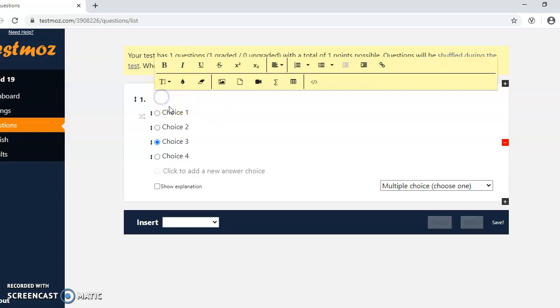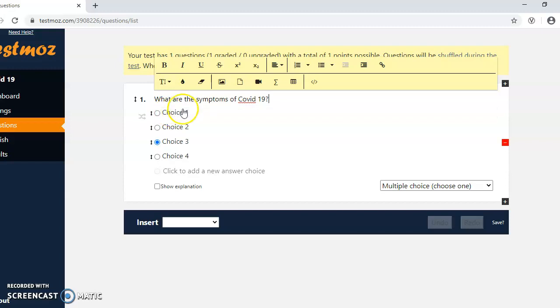So suppose I design the question: what are the symptoms of COVID-19?